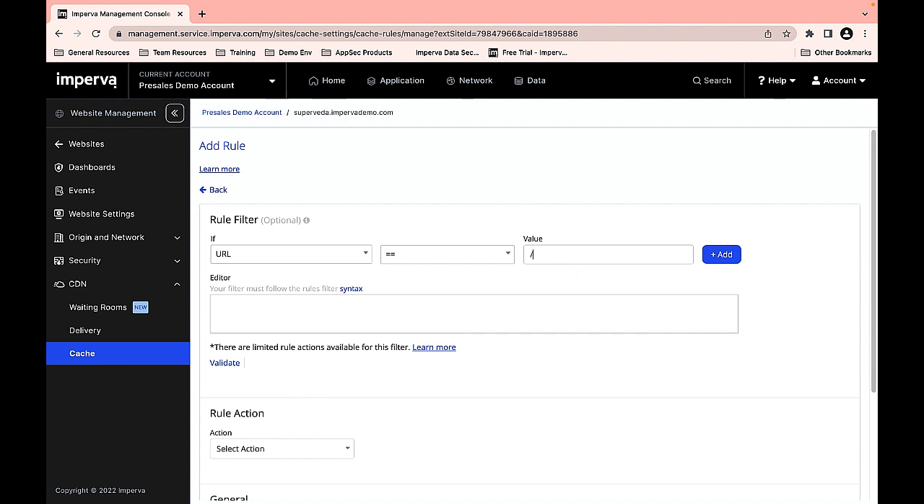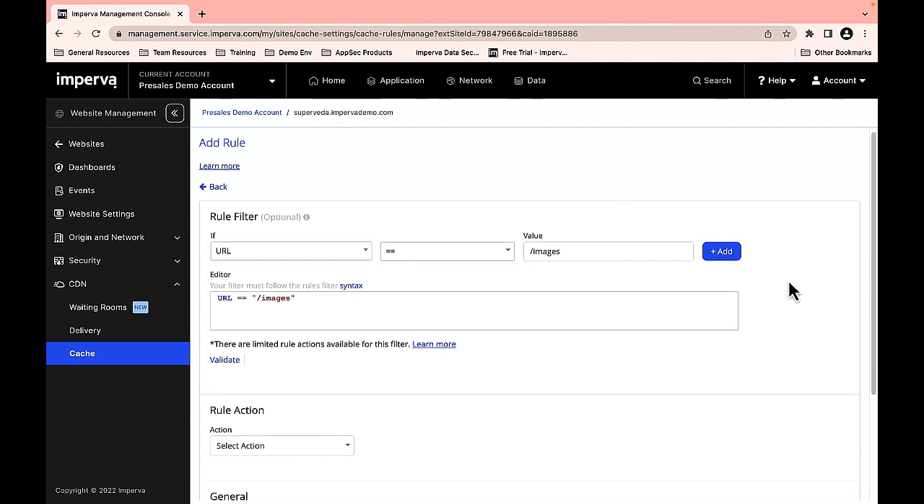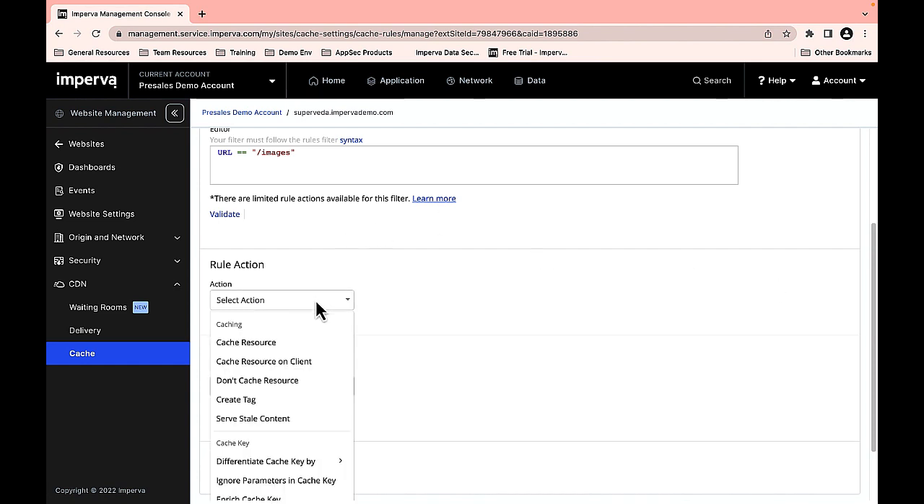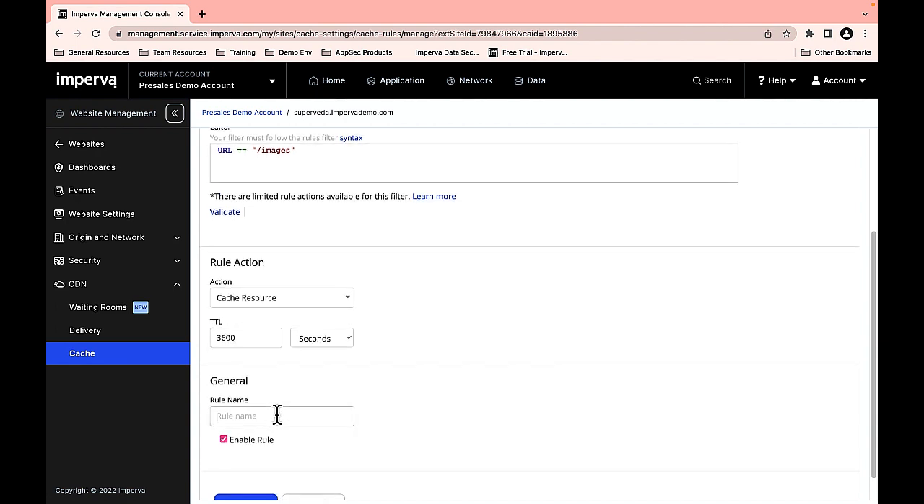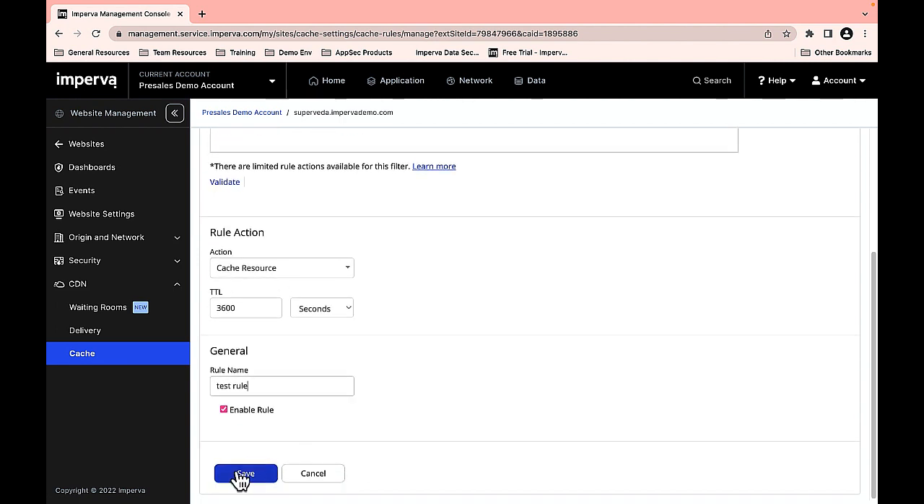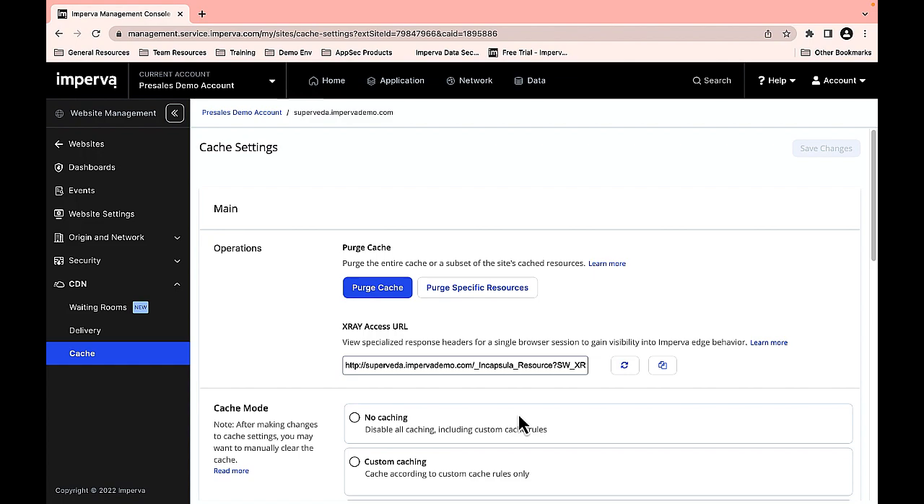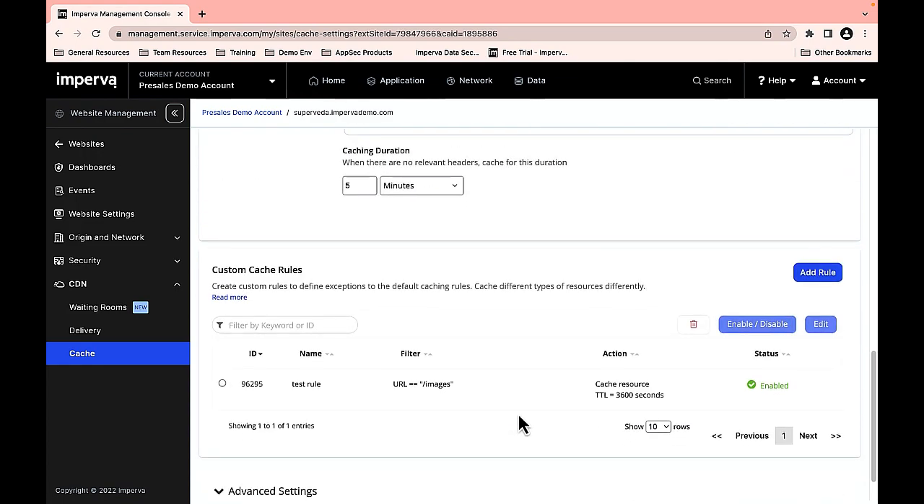and put /images and click Add. Under Rule Action, I select which action I want, which in this case would be cache resources. I put my TTL, or time to live, name my rule, and select Save. If I scroll down on the cache settings page, I can see the custom rule I just